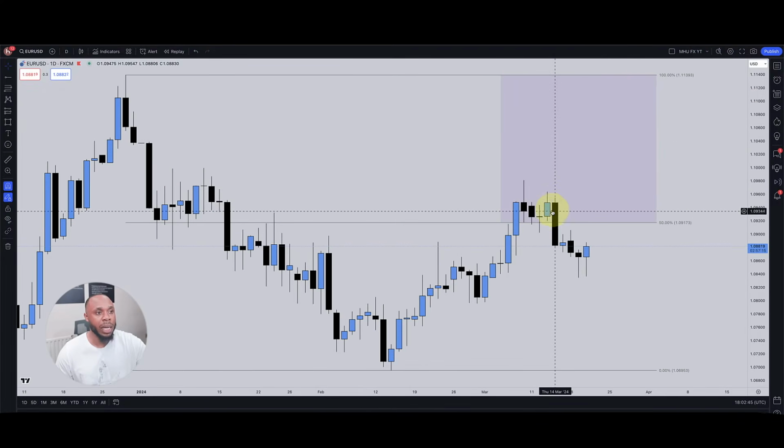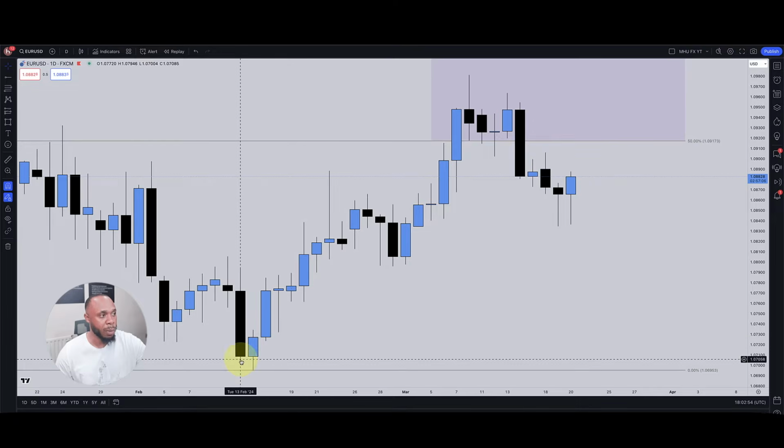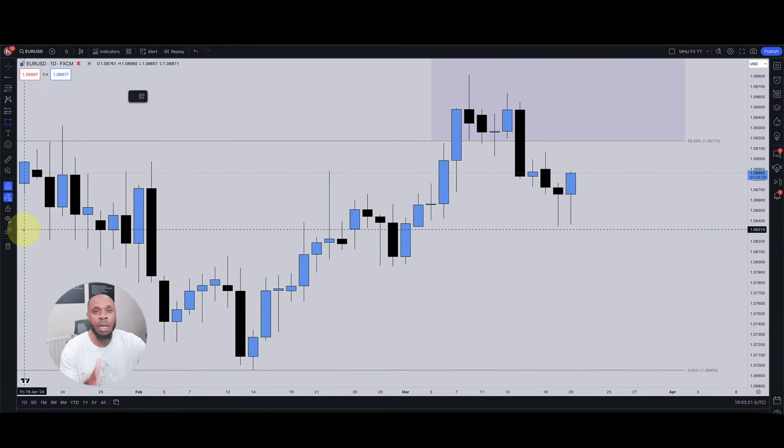I like to see price make a large move to run out one of these lows here. When price expanded higher, retraced, expanded higher, retraced, when it started to expand, it never ran out the low. In fact, it took out this low here. So I like to see a large candle take out that low. Price would leave some inefficiency here. An inefficiency is just another way of saying an imbalance or a fair value gap.